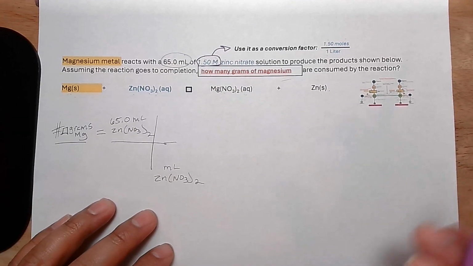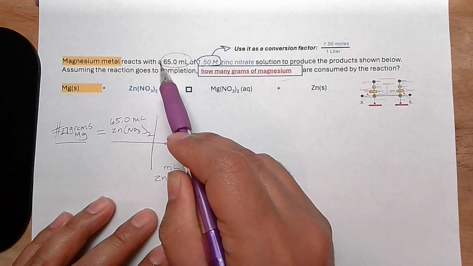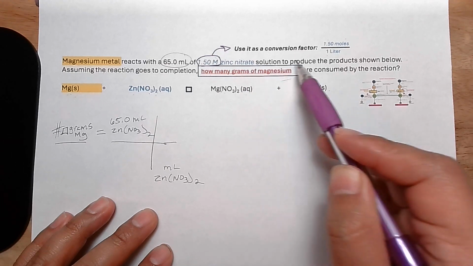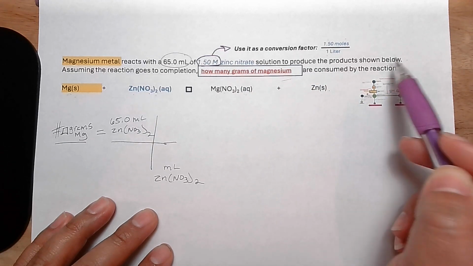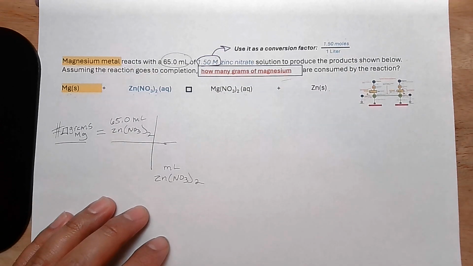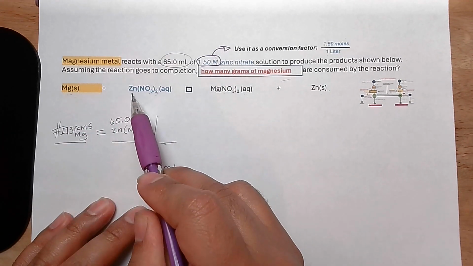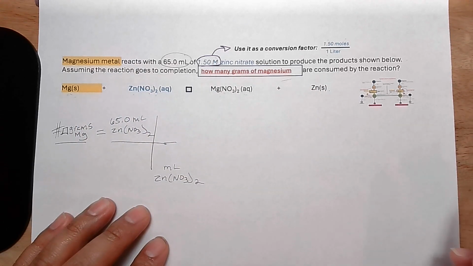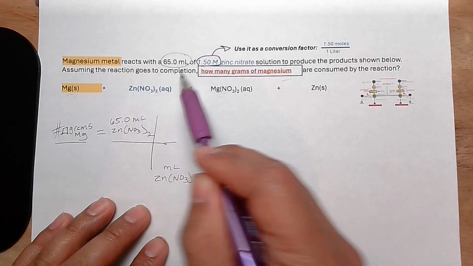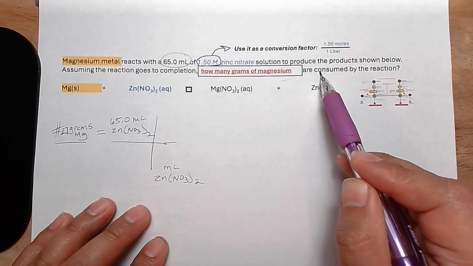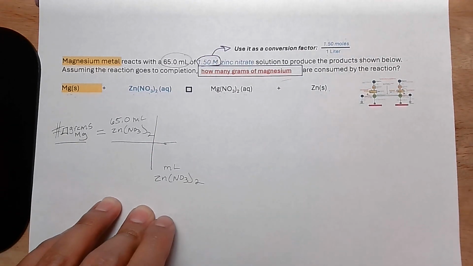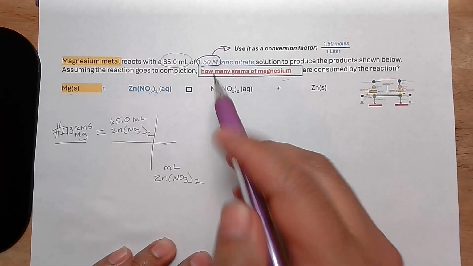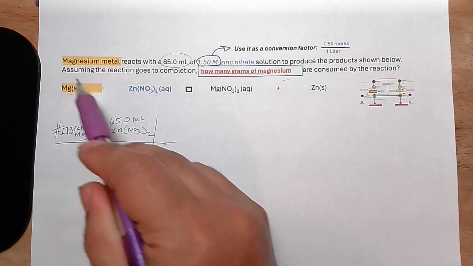The question reads, magnesium metal reacts with 65 milliliters of 1.50 molar zinc nitrate solution to produce the products shown below. So basically, what they're saying is that magnesium and zinc nitrate both react to produce these two products. Assuming the reaction goes to completion, how many grams of magnesium are consumed by the reaction? So the main question we're trying to answer is how many grams of this reactant, magnesium,